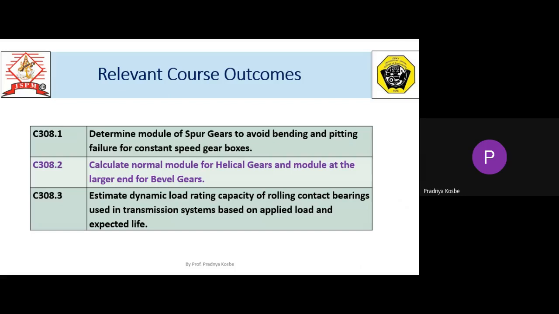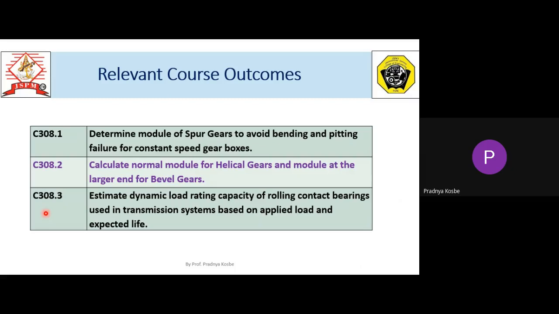So here CO308.2 is: calculate normal module for helical gears and module at the larger end of bevel gears. Then next, after finding out the module,